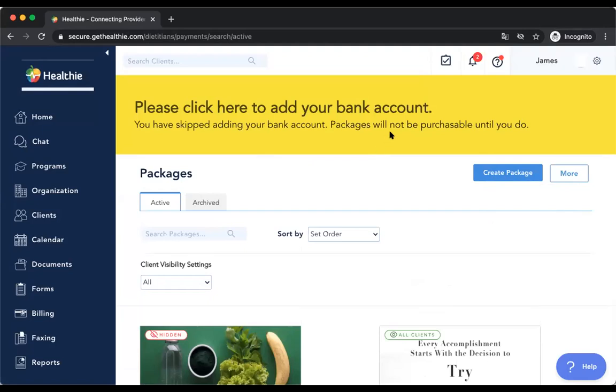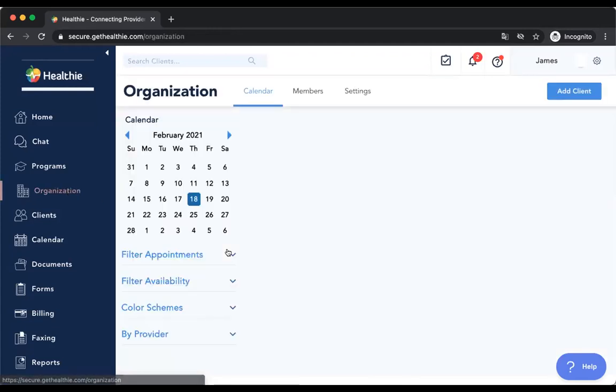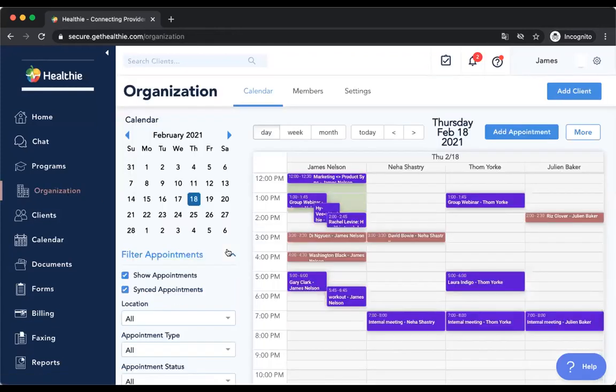Okay, question from Megan. Can you submit CMS 1500s with all providers and see them on the calendar all at once? So yes and yes. Being able to see all providers in the calendar at once lives under the organization area, where each of these are my providers with their schedules. So you're able to see all of that. With CMS 1500s, it's also the same thing. So when I create CMS 1500s,